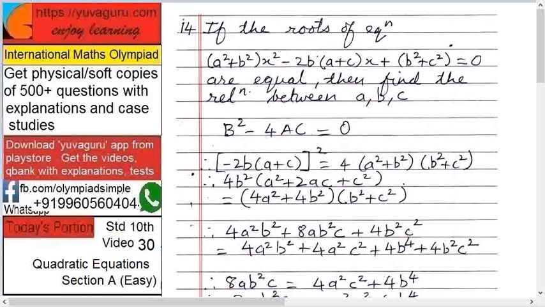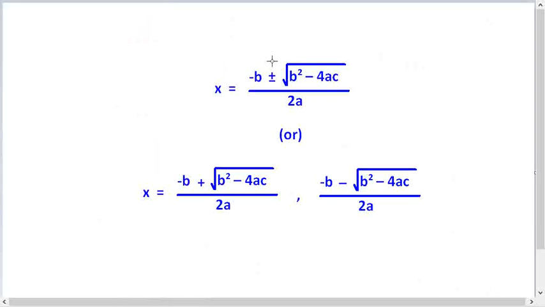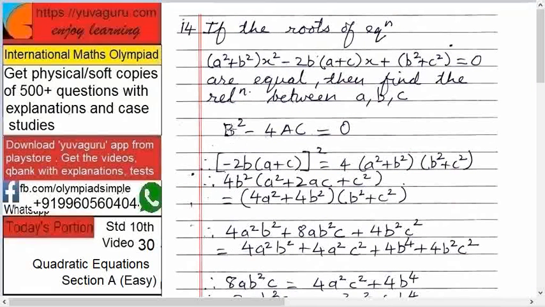Right? Where did we get this from? See, the roots of the quadratic equation are x equals to minus b plus or minus root of b square minus 4ac upon 2a. Now if the roots are real and equal, then this b square minus 4ac equals to 0. That's the basic condition. So b square minus 4ac equals to 0. What is b over here? 2b into (a plus c), and a is what? a square plus b square, and c is what? b square plus c square. Okay. Let's solve. Therefore, instead of b,